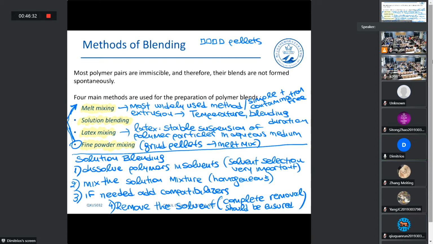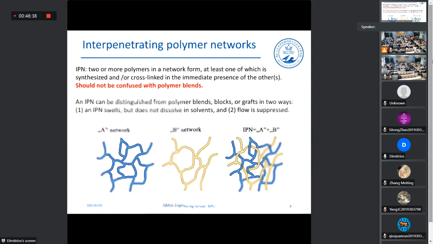Okay, so these are the main methods that are used for the preparation of polymer blends. This is not something I want you to remember for exams. This is just